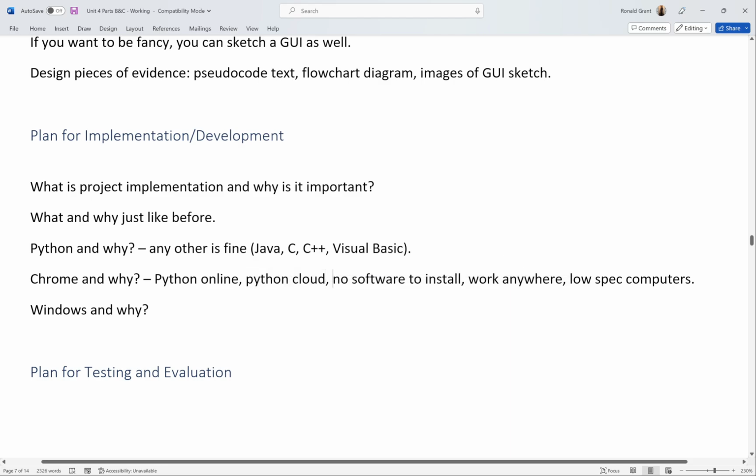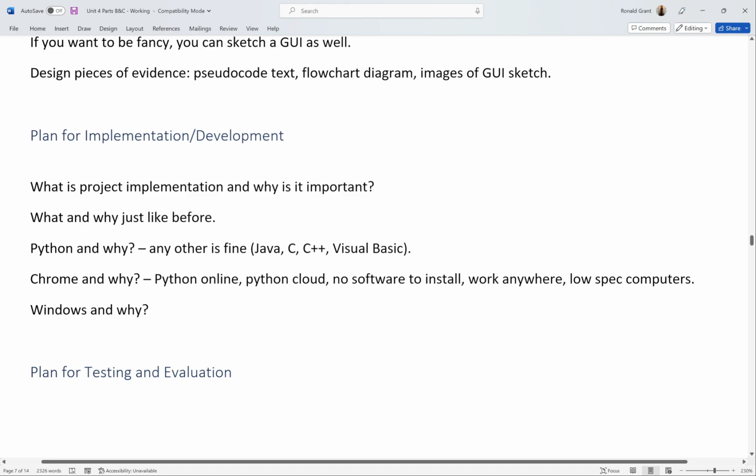Another reason I'm using Chrome, I don't have to install any extra software. So once I have a Chrome or any web browser on my laptop, to be fair, I can use Python online. Another reason I want to use Chrome or whichever web browser you've chosen, I can work from anywhere. So once I have Chrome on my laptop at home, laptop at school, desktop in my office, desktop in my basement, whatever the case is, I can work from anywhere because I'm using that web browser to access most or